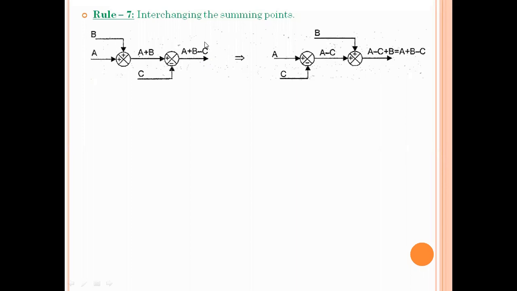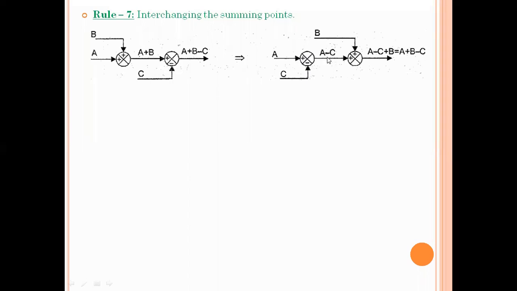So what if these two are interchanged? That means I want to bring this summing point here and this summing point here. If I want to interchange these two summing points, what will be the change? We need not change anything, because if you shift here, you can see input A and input C will be given to the first summing point.